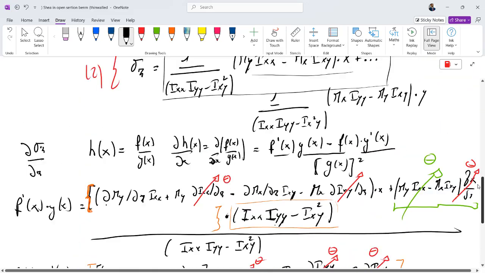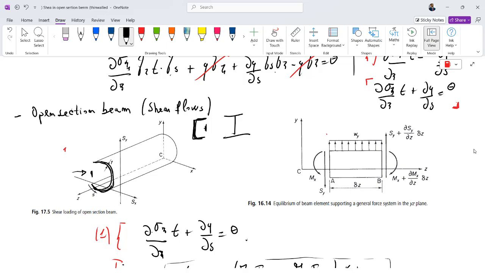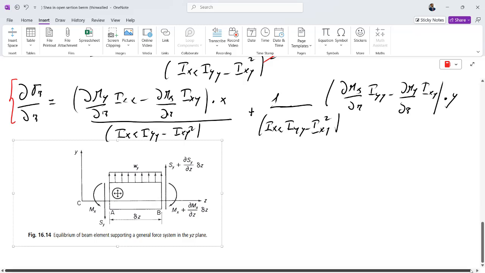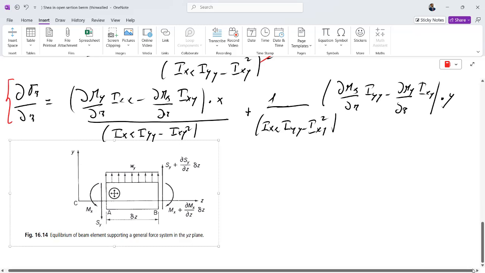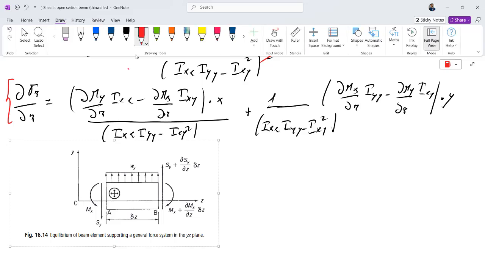Now this figure here is important, because we want to derive something. So for the equilibrium, if I look at this image, I want to derive the relation between the shear and moment. Now for the equilibrium of this piece of beam, clearly here we made the same consideration of x. X now is the x-axis